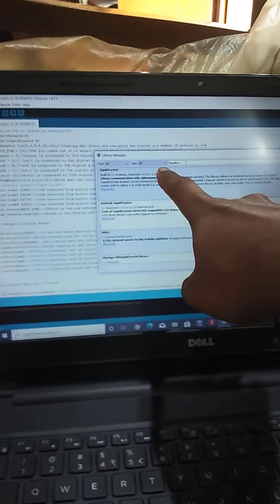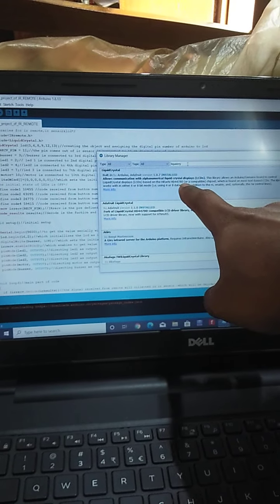I have already installed them. If you have not installed them, you can install them. These 2 libraries are required for this program. On the right side we have a symbol; this is for the serial monitor.